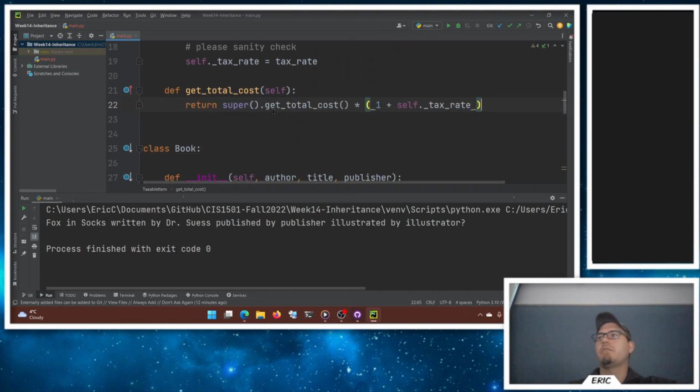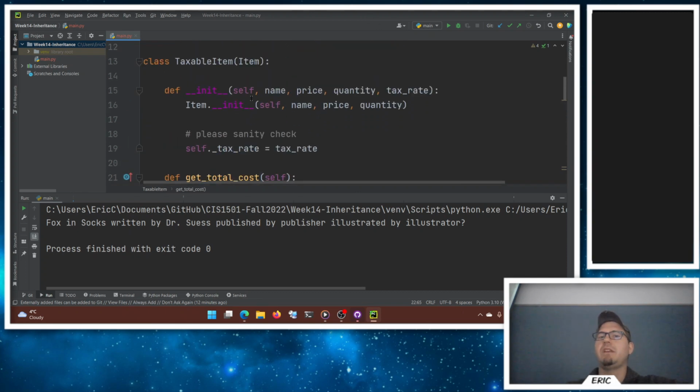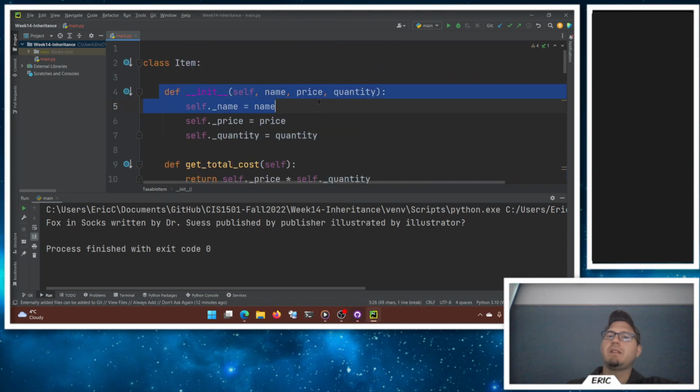But now I can charge the tax rate here, because a taxable item is an item, right? Its superclass is Item, it is the subclass. Its parent class is Item, it is the child class. The base class is Item, it is the derived class. Whatever terms you like, they're all interchangeable. What's interesting is we have to call this init method if our parent class has an init method